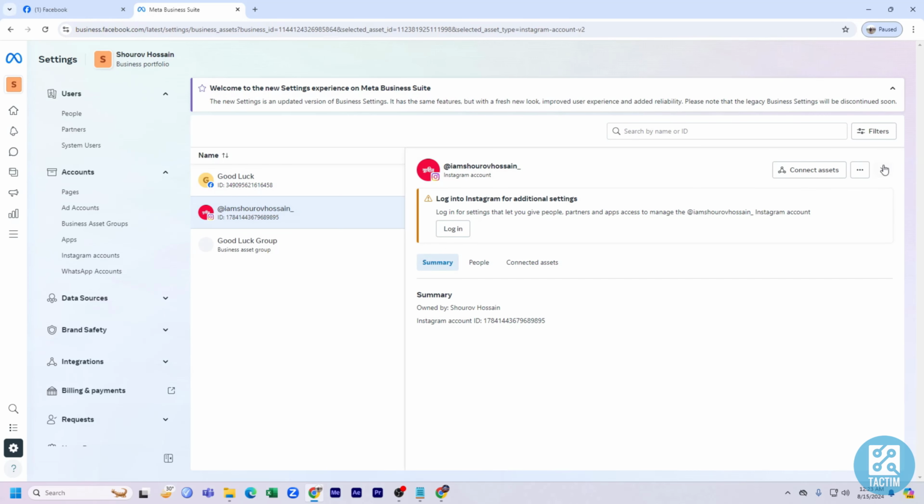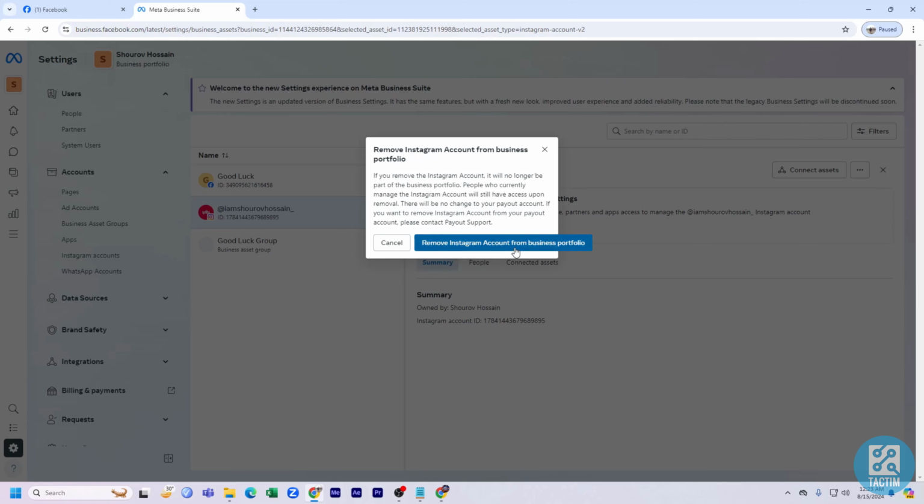Just click on it and click on this three dot icon, and here you can see remove from business portfolio. Click on it, and as you can see, remove Instagram account from business portfolio. Just click on it,